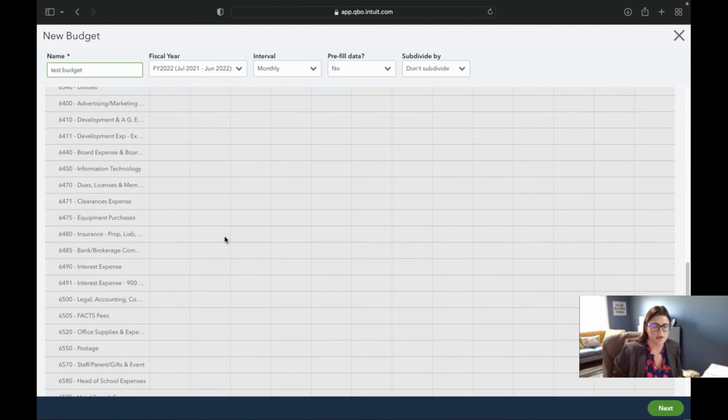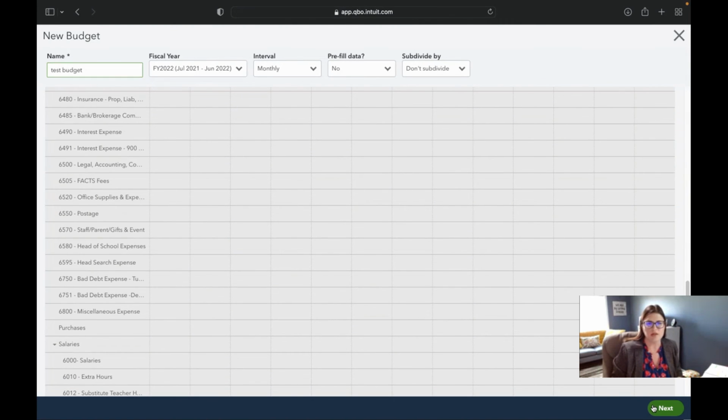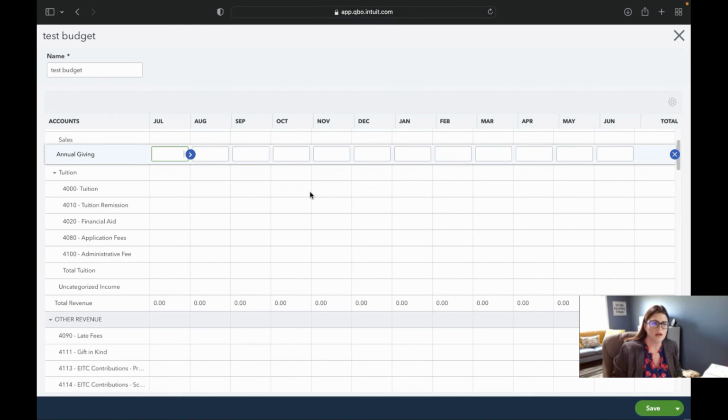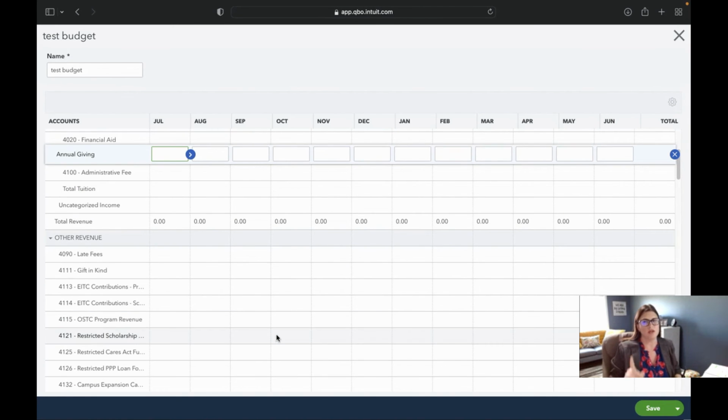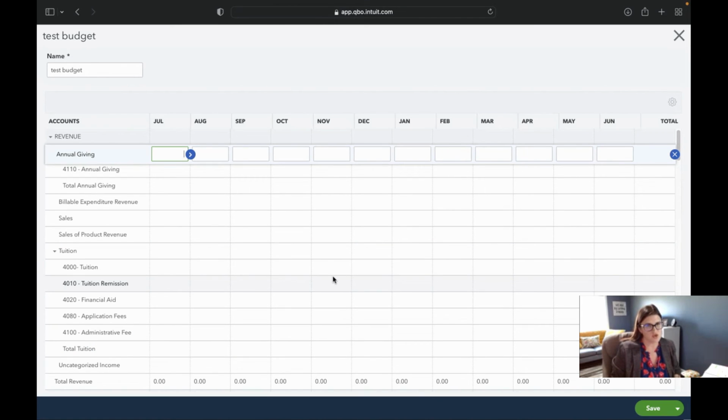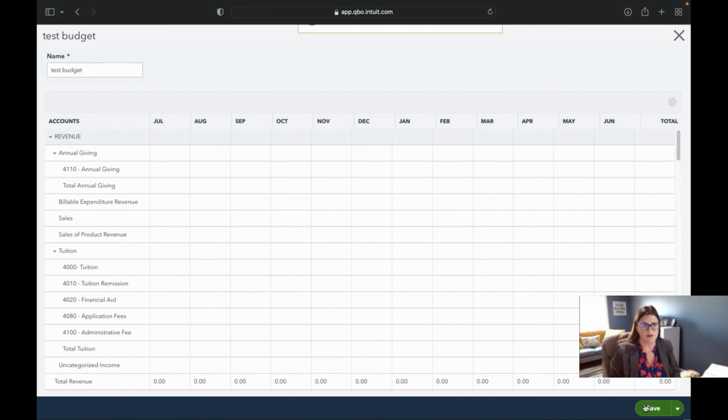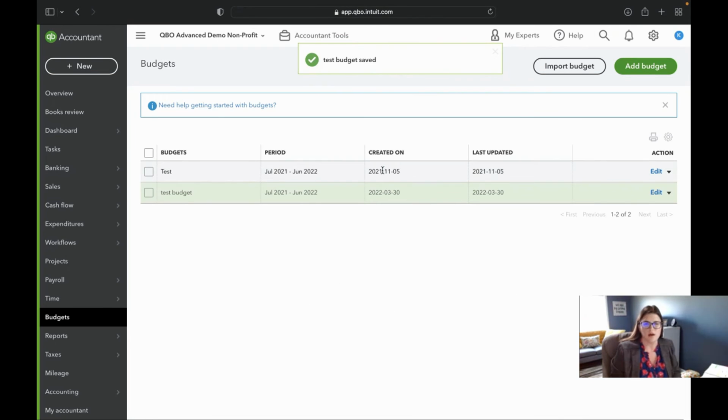Okay, so here you go with your different accounts here. I'm just going to hit next. All right, here. Oh, and one thing I didn't touch on, but you might have noticed it in the previous screen, is you can do budgets by classes too, which I think is super cool because we talked about different reporting, and with nonprofits, a lot of the times you have kind of strict reporting requirements. So that really comes in handy if you need different kinds of class budgets. So I'm going to save those. And there you go. You have multiple budgets and you can continue to do those multiple budgets.